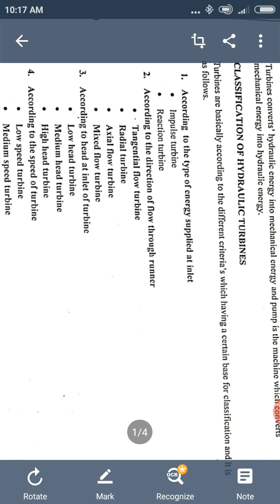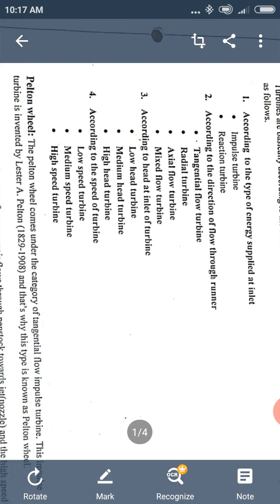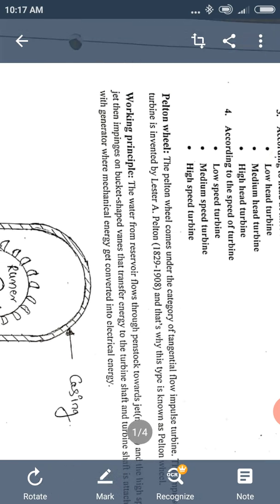According to the head at the inlet of the turbine, there are low head, medium head and high head turbines. According to the speed of the turbine, they are classified as low speed, medium speed and high speed turbines. Today we will cover